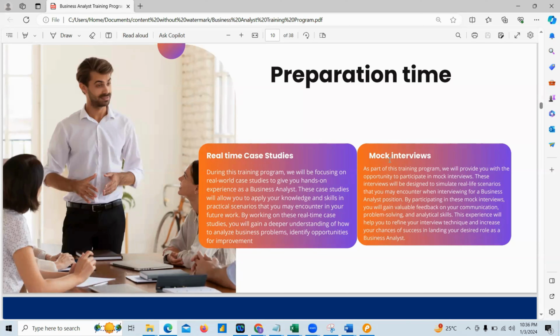Once we are done with this training program, I'll help you in preparing the resume and you can start applying for jobs. Once an interview is scheduled, you can connect to me. I will explain how to handle that particular interview based on the job description. I will also take a mock interview at that point of time, right?